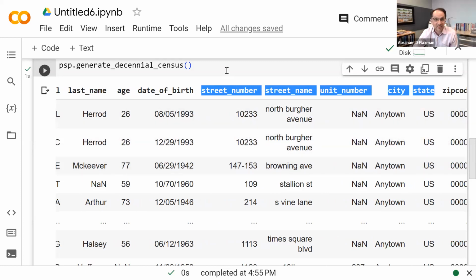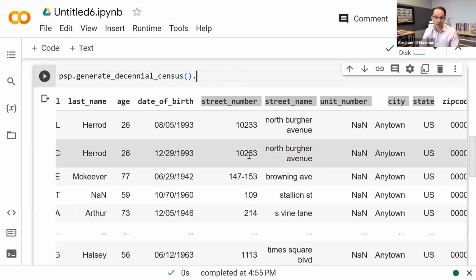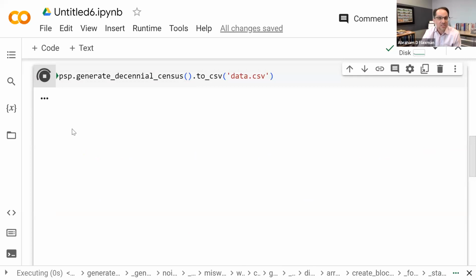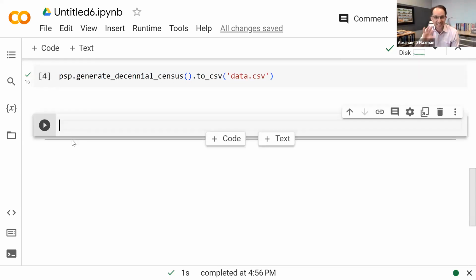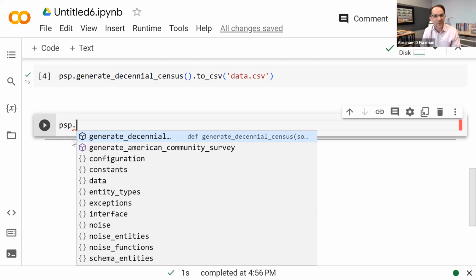Now, if you never use Python and you don't want to use Python any more than you have to, if you just say that you want to save this to a CSV, you can do it that way and go use the simulated data in whatever it is that you like using it in, R, Stata, SAS, whatever. I want this to be something that works for everyone. At this point, it takes a tiny bit of Python to get it to work. And I have an impression that East Science Institute is kind of a Python shop. So I think we're in okay shape with this audience doing it this way.